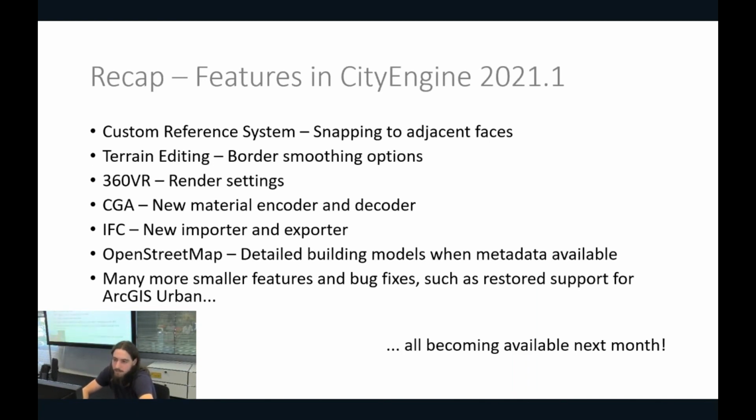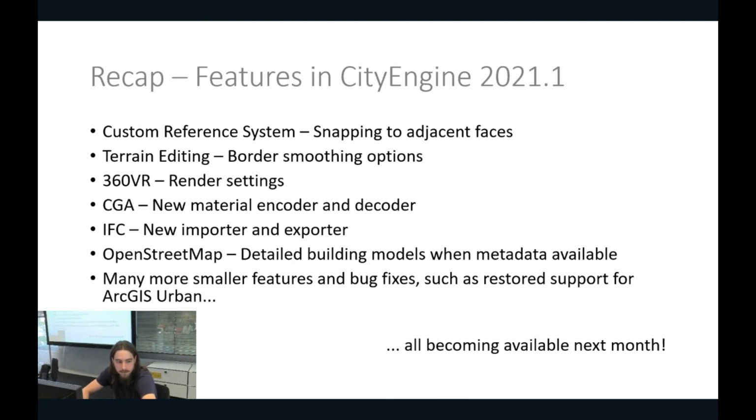To briefly recap, we introduced snapping to adjacent faces when setting up ad hoc custom reference systems. We added border smoothing options in the terrain edit brushes and the align terrain to shape command. For 360 VR, we let you control the export render settings. The new material encoder and decoder finally make managing and sharing a set of materials a breeze. With the new IFC importer and exporter, you can visualize and manipulate the geometry and colors of your BIM models